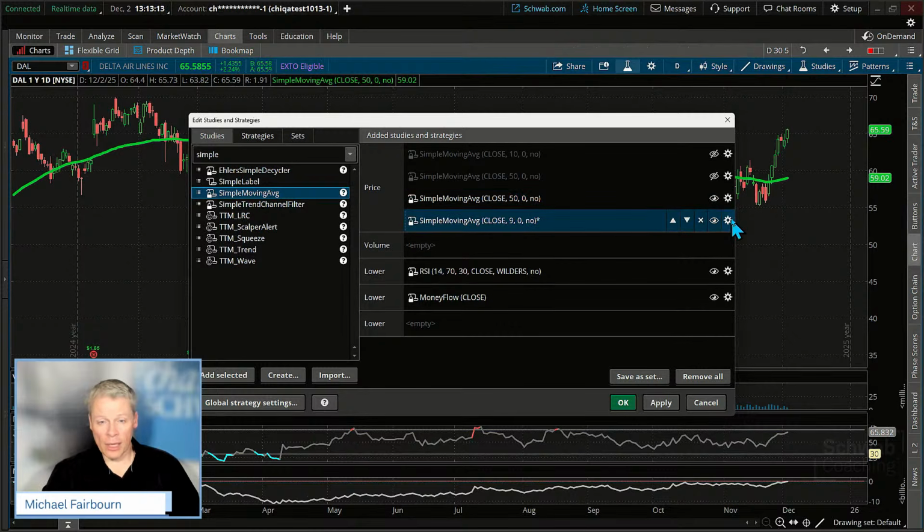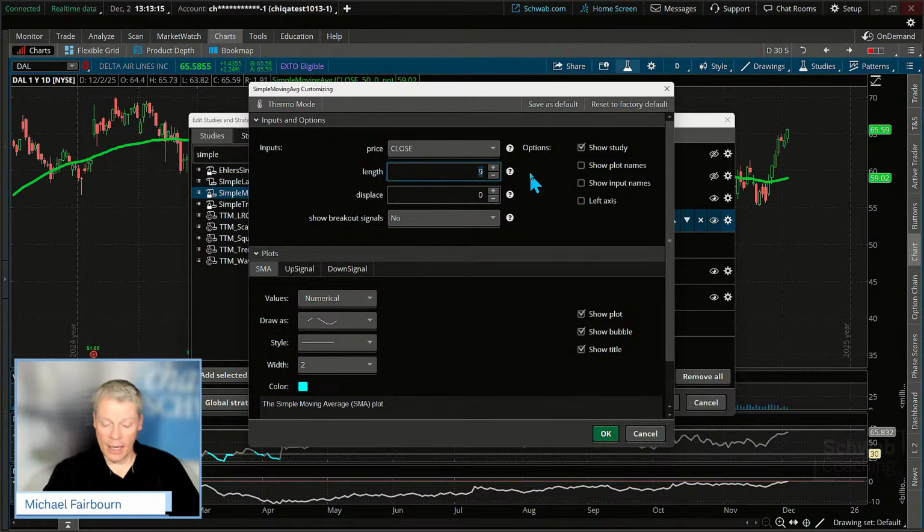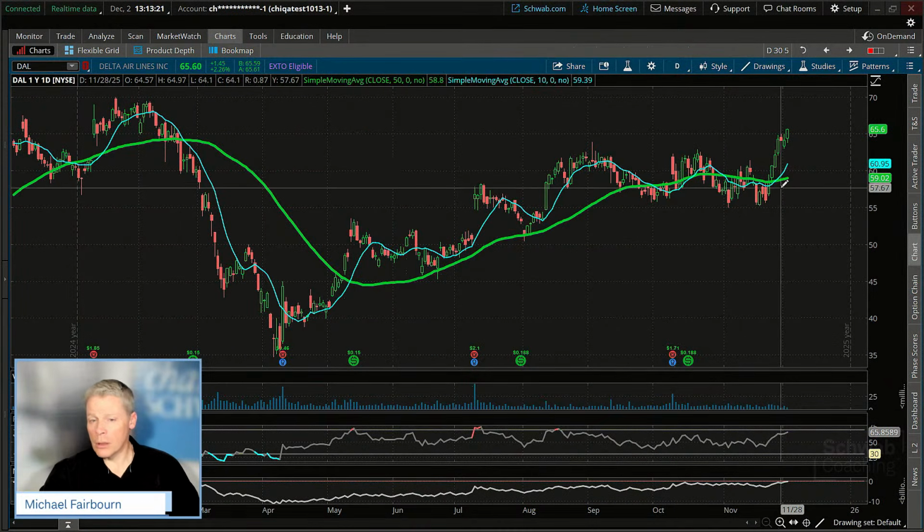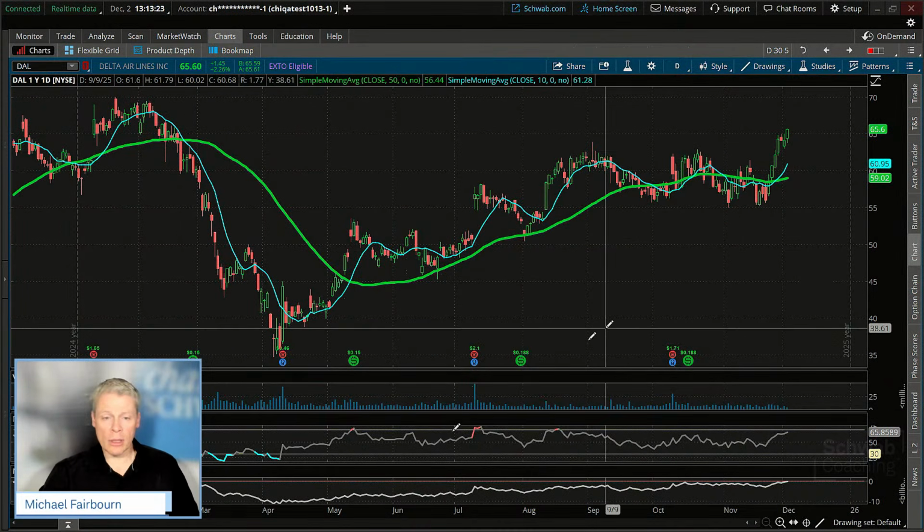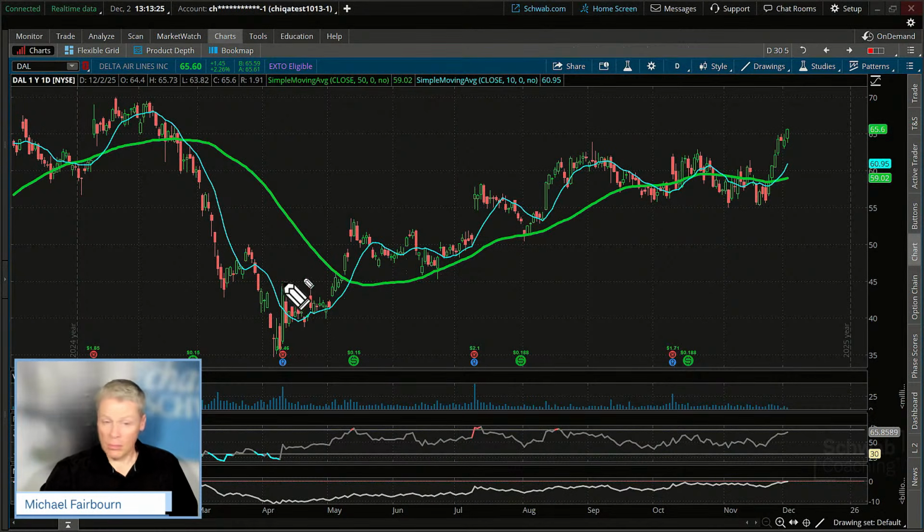We'll definitely be looking at that 10 period. Okay, so here's the 10 period moving average. Notice how it's coming on up here. Traders will use this as a way to potentially exit if prices go down right here. Right now, it's looking quite strong, and we'll see how it does unfold.